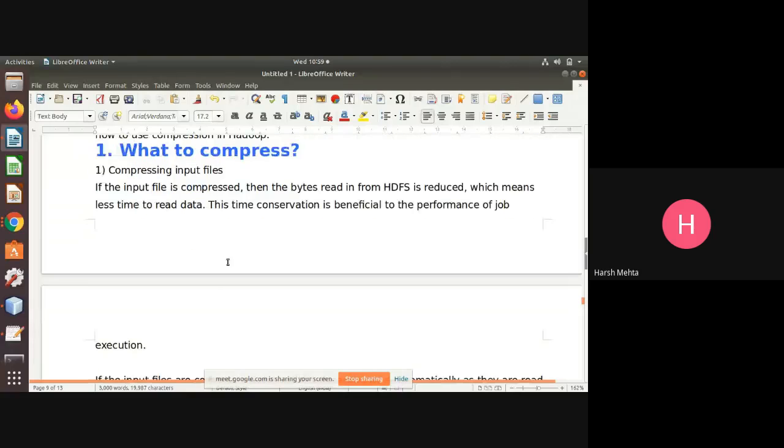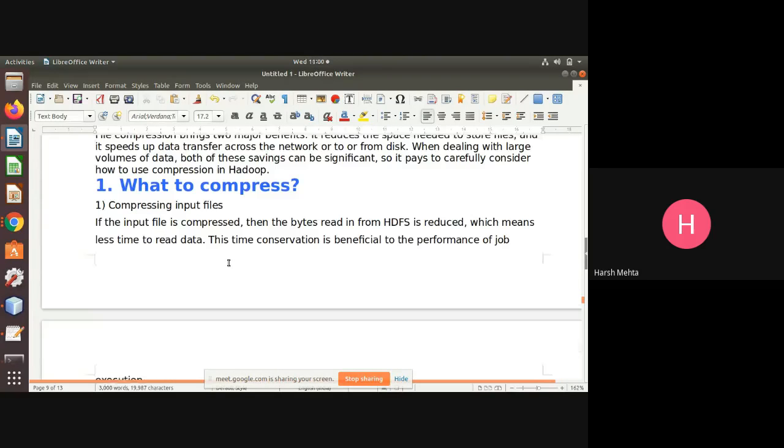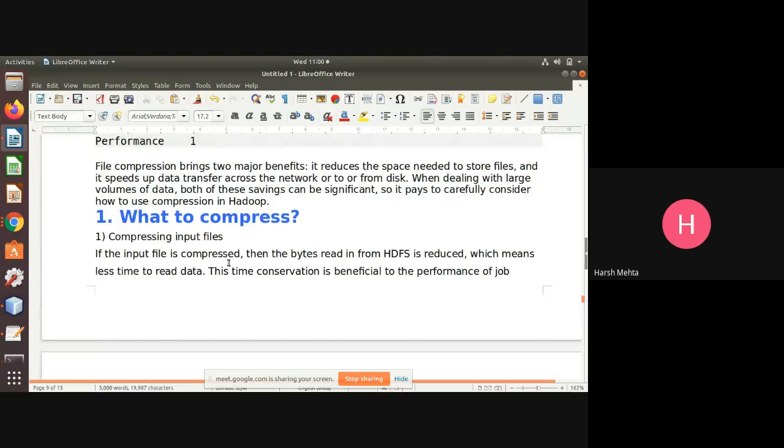Okay, let's see the next topic, that is compression. Now, what is compression? Compression is reducing the file size. What is the use of compression? It is to reduce the size of any file. Let's say you are using WinRAR, or you might have used some other compression technique.